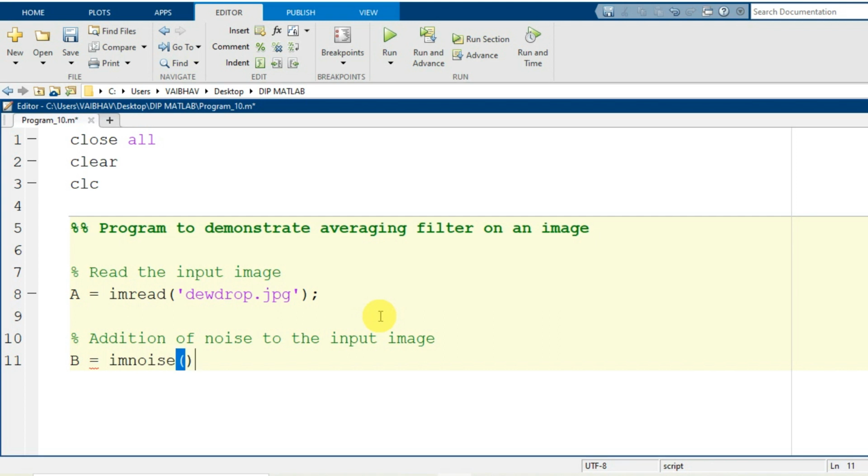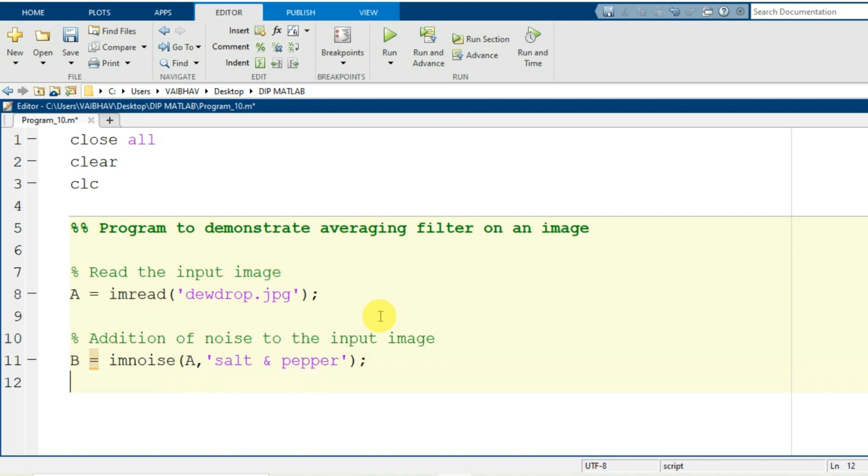Within a pair of parentheses we need to provide the variable which is holding the image information to be affected by the noise, and afterwards we also need to specify the type of noise to be added. Here we are going to add salt and pepper type of noise to the original image.